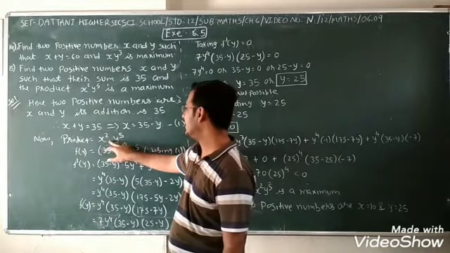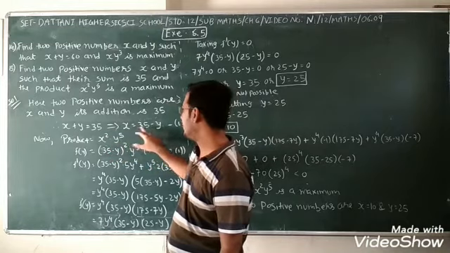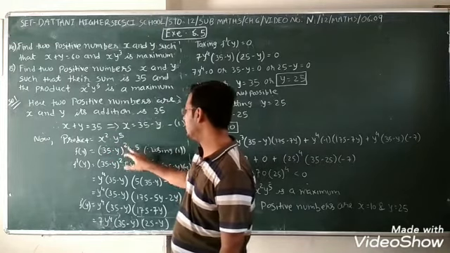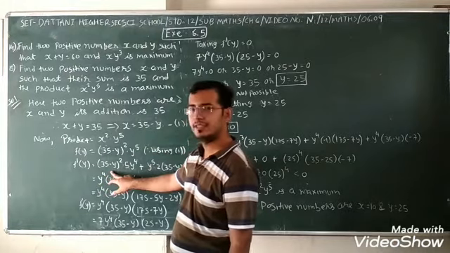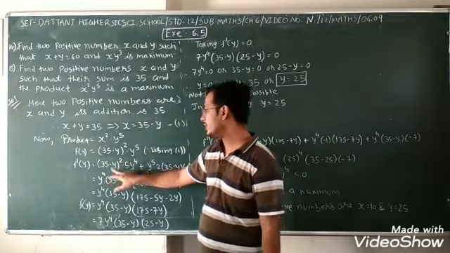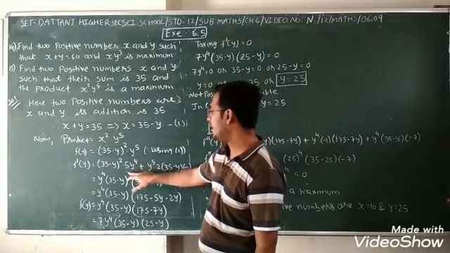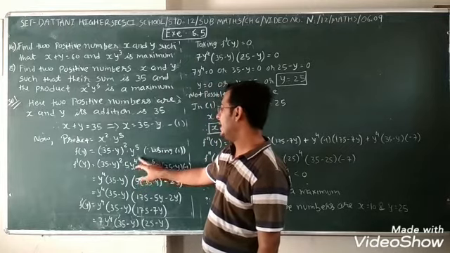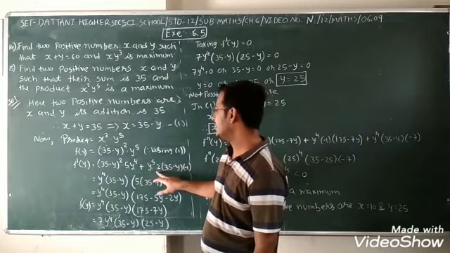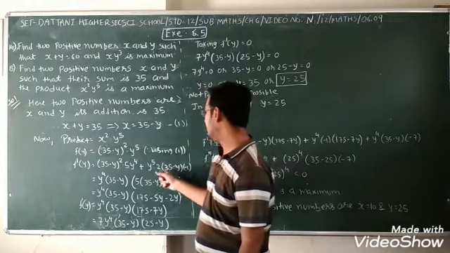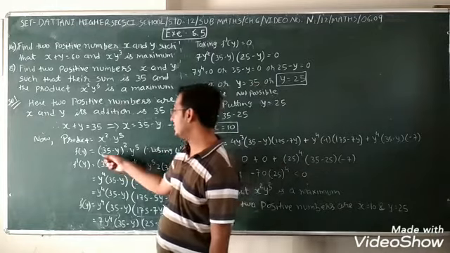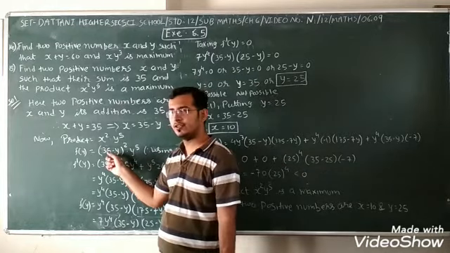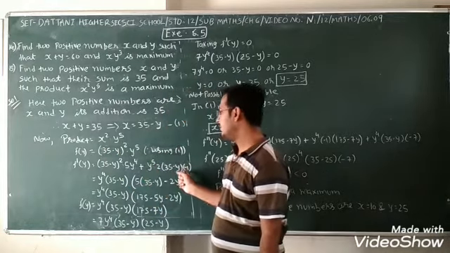So the product is x square into y raised to 5, putting x is equal to 35 minus y, whole square into y raised to 5. Now the derivative: multiplication rule applies. First as it is, second derivative, 5 comes down, 5y raised to 4, plus second as it is, first derivative, 2 comes down, 2 into 35 minus y. Now the chain rule applies, the derivative of 35 minus y is 0 minus 1, minus 1.